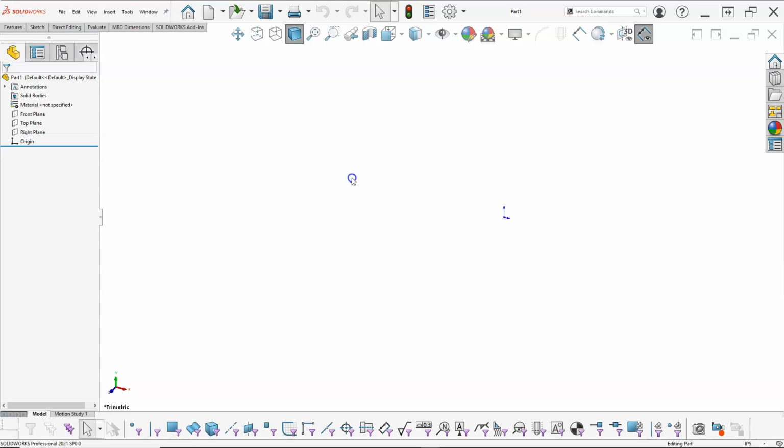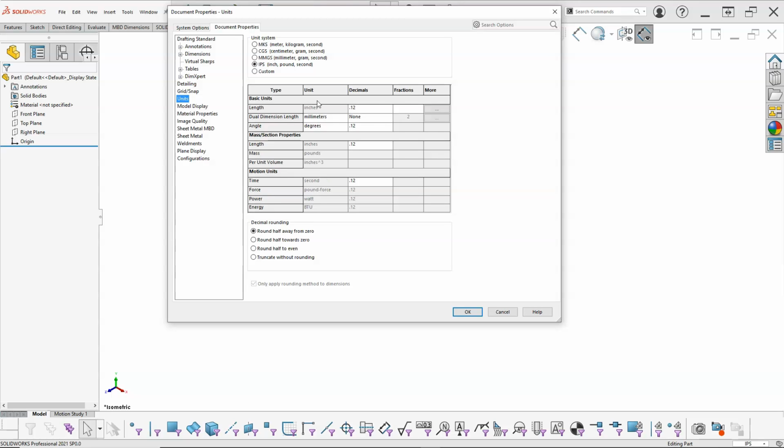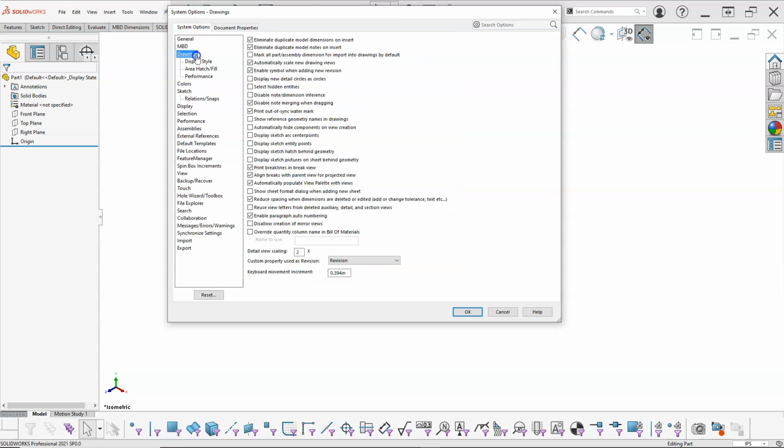So I'd like to see the origin. It's in the isometric. We're in inch, pounds, and seconds. If I go to the edit document units, then these will be the standard settings. So 3 decimal places, 2 decimal places for metric. One of the things that, when you look at,